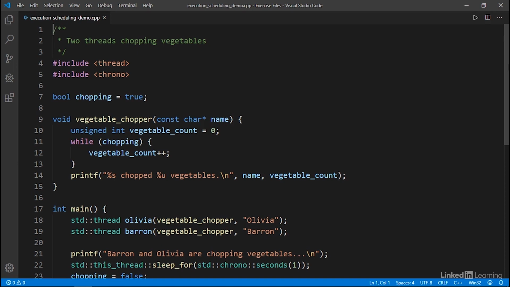vegetables this thread chops. The while loop on line 11 will execute as long as the Boolean chopping variable that we initialized on line 7 is true, and with each loop iteration, it increments the value of the local vegetable count variable. Finally, after the while loop finishes, the vegetable chopper function prints out how many total vegetables it chopped